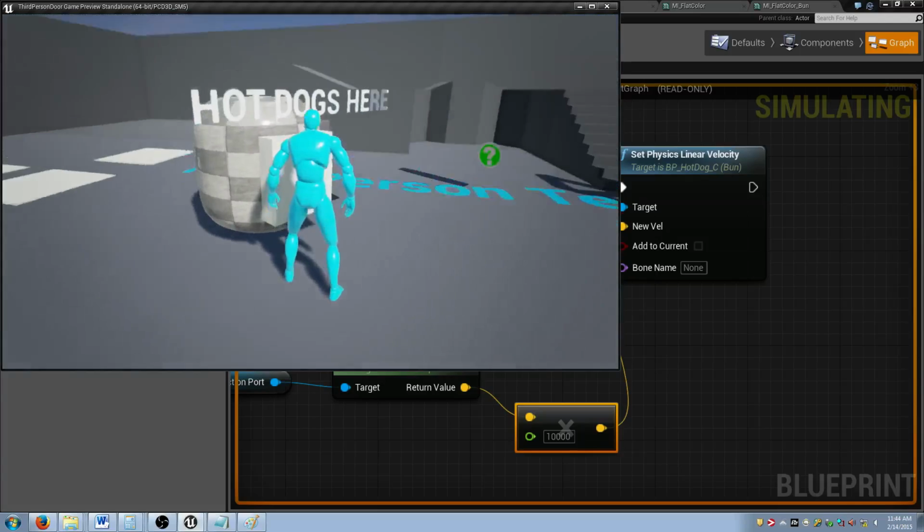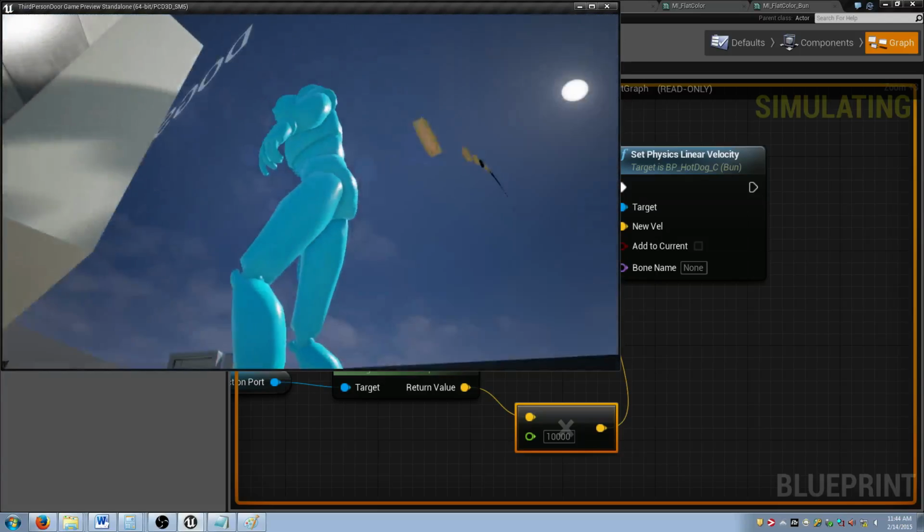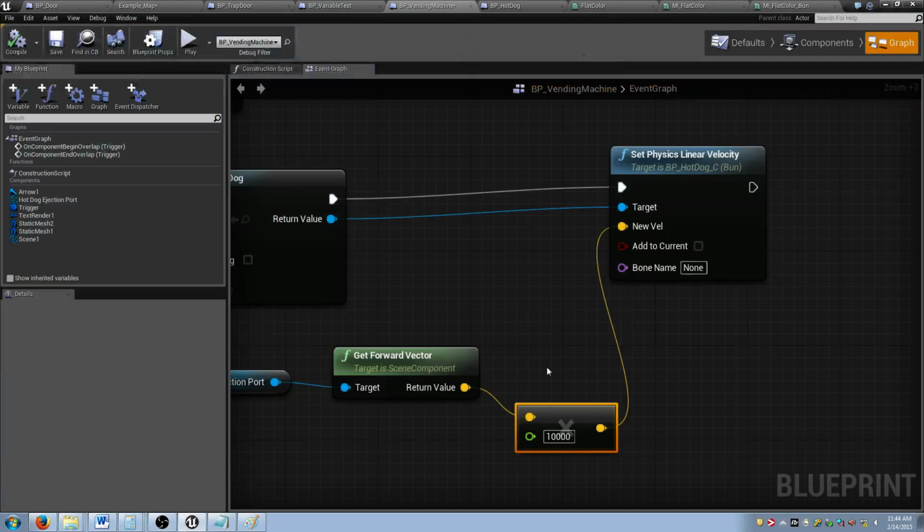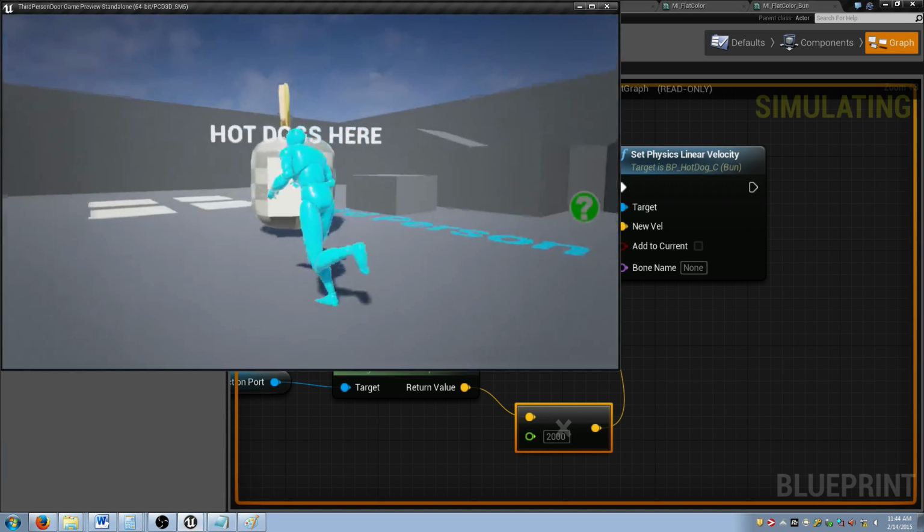You can see the shadows of the hot dogs. I can't quite see. There they go. Okay, that might be a little fast. You're never going to get a hot dog that way. Well, if I'm determined, I could probably get it. Depends on how much I want it. If you jumped up and deflected them,